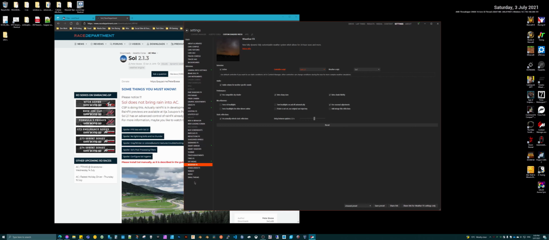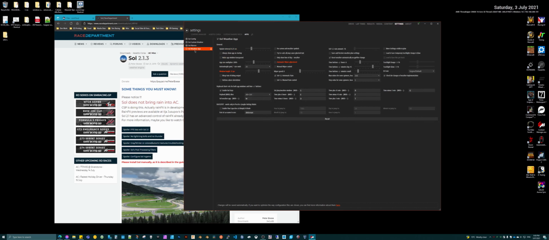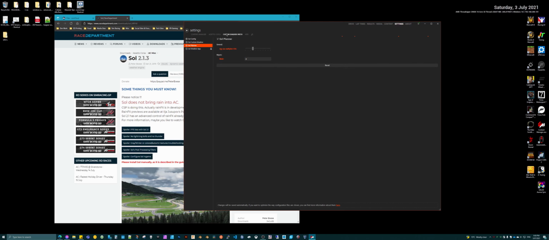And so then under settings, if you go into your custom shaders, you will see all the different stuff that it installed to make the weather really cool, and all your lighting and everything, which is just really cool. So yeah, here's Soul. So that lets me change all the different weather details. I've also got this thing,